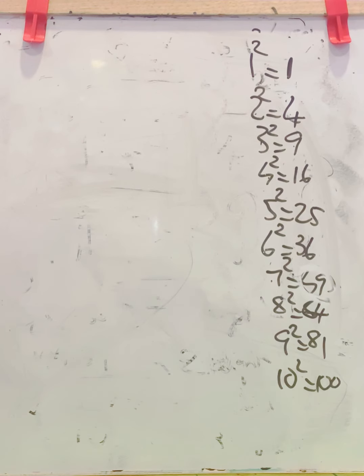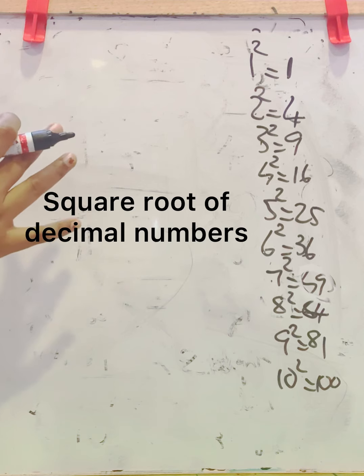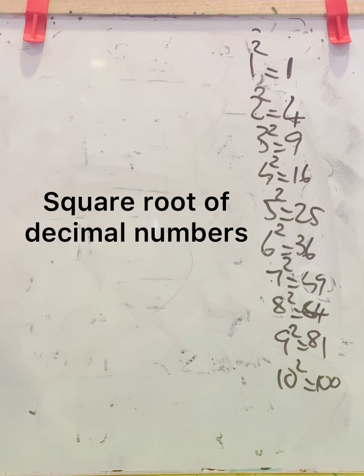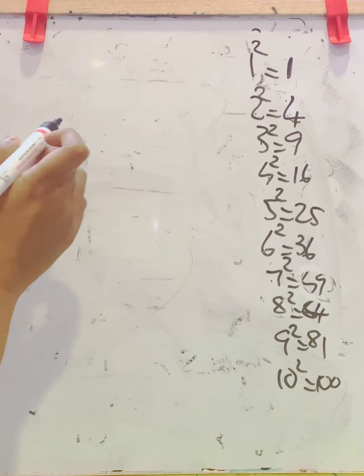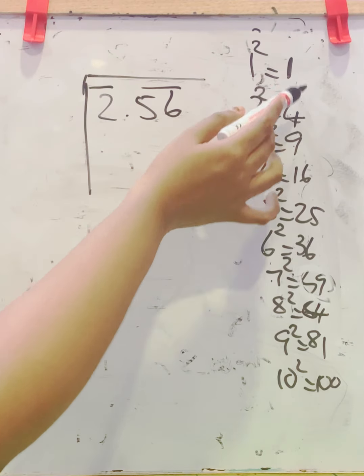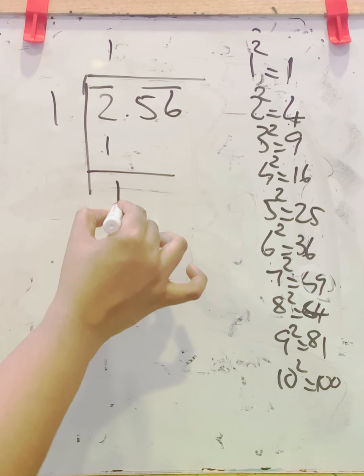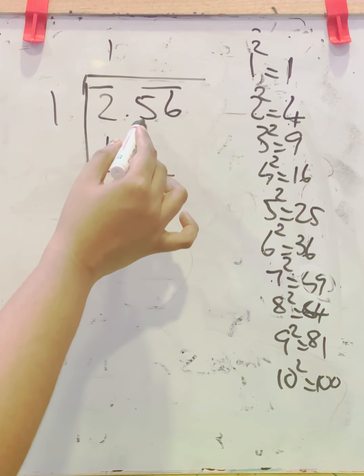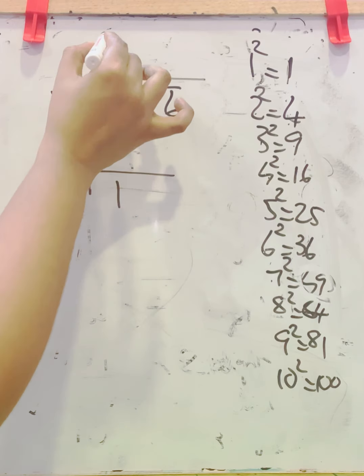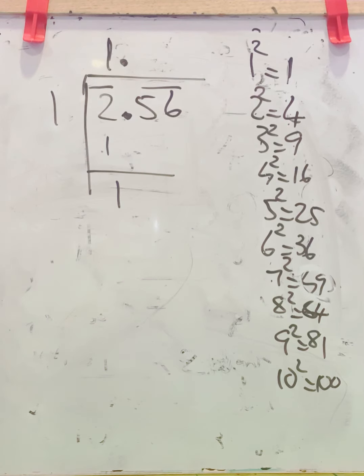Next question. Find the square root of the following decimal numbers. So we have to find the square root by using the division method. But here the numbers are decimal numbers. There is not much difference in the procedure, just as we did in the previous question, but the only thing is that we have to put a decimal, that is 2.56. Again pair it. Now 2 lies between 1 and 4 and the smallest perfect square is 1, so 1 ones are 1, subtract 1. Now before carrying down this 56, you have to put the decimal here because there is a decimal. That is the only difference. All the other things are the same as the previous method.